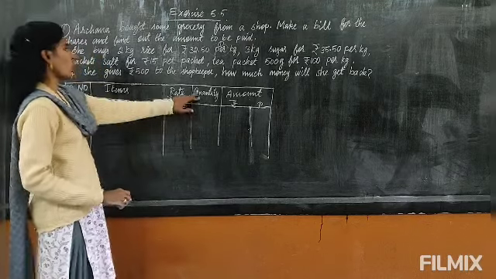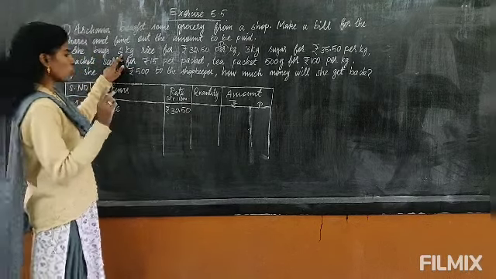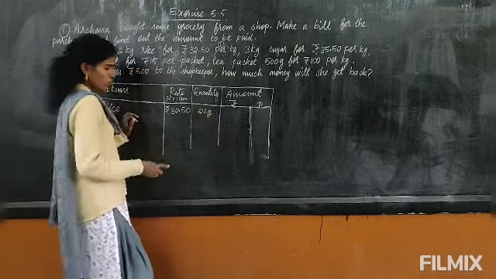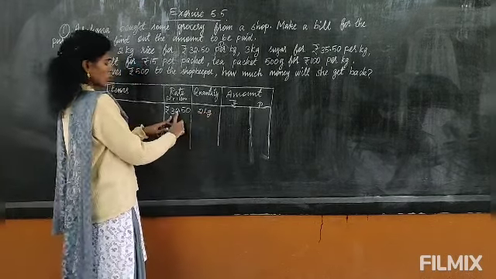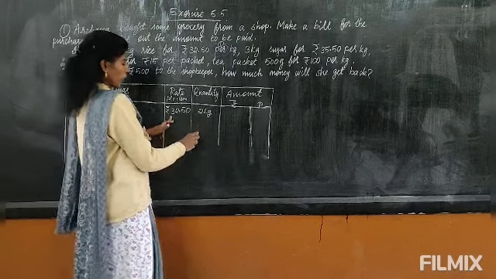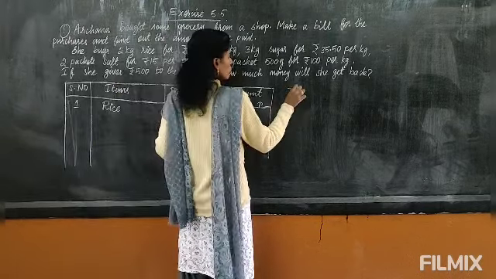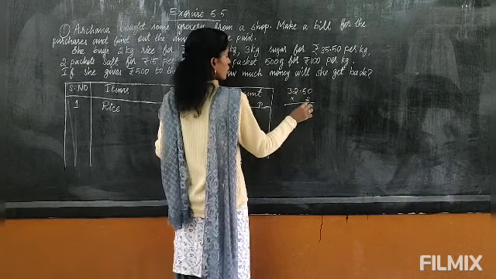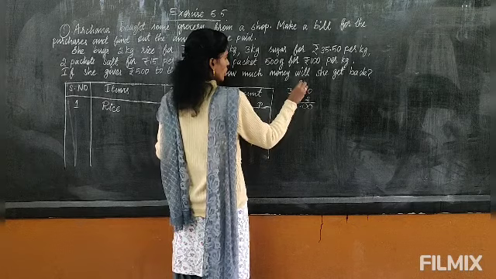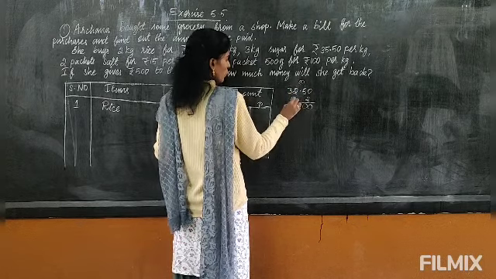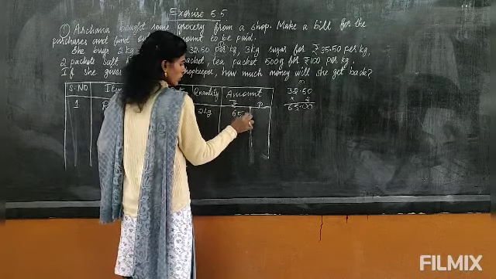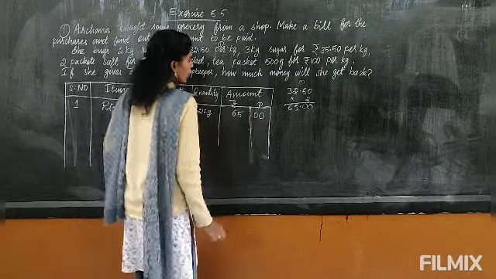And now we have to write the quantity. So how much is she buying? 2 kg. She is buying 2 kg. Since she is buying 2 kg, this 1 kg price you have to multiply by 2. So 32.50 multiplied by 2: 0; 5 2s are 10, carry over 1; 2 2s are 4 plus 1, 5; 3 2s are 6. So it is 65 rupees and 0 paise. So 65 in rupees, 0 in paise.